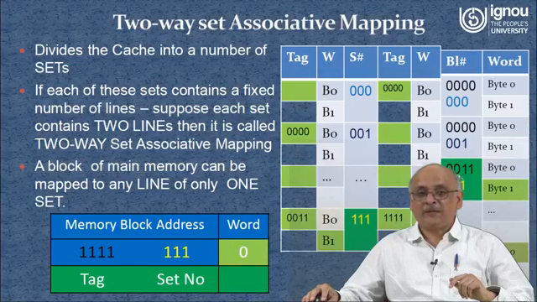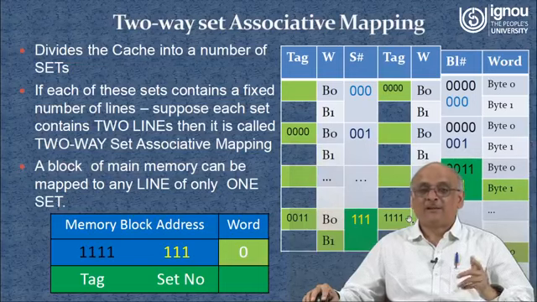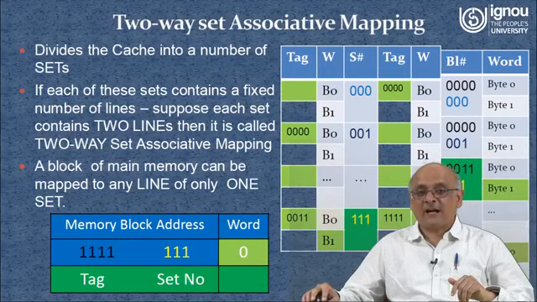So if main memory is looking for this location, it will get it from the cache. If it is looking for this location, it will get it from the cache. If it is looking for a similar set number 111, and suppose this is 0000, then obviously it is not going to be found. So there will be a cache miss, and one of these two will be emptied based on least recently used or first in first out, whatever the cache policy may be, and then that will be brought into the cache.